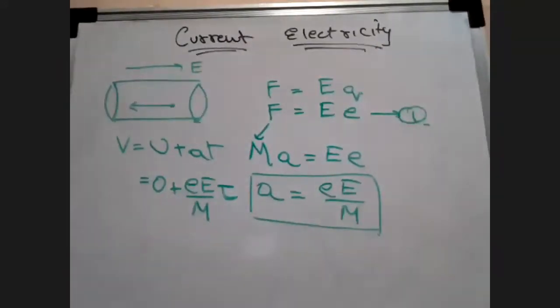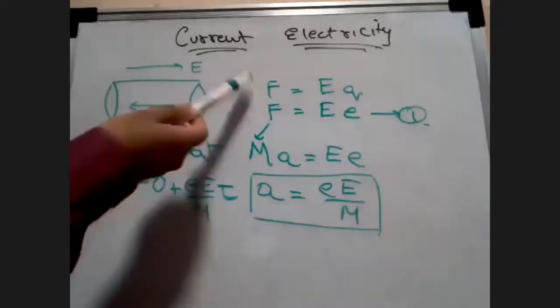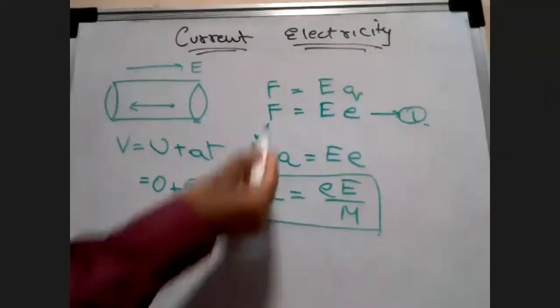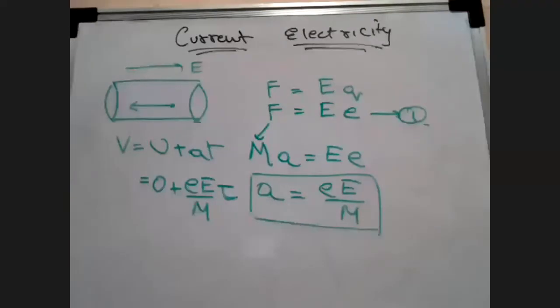Sir, can you please explain the derivation again? Okay, see. Where are you stuck? From the beginning itself? No, sir, from the third step. Third step. This one, mass into force can be written as mass into acceleration, yes or no?